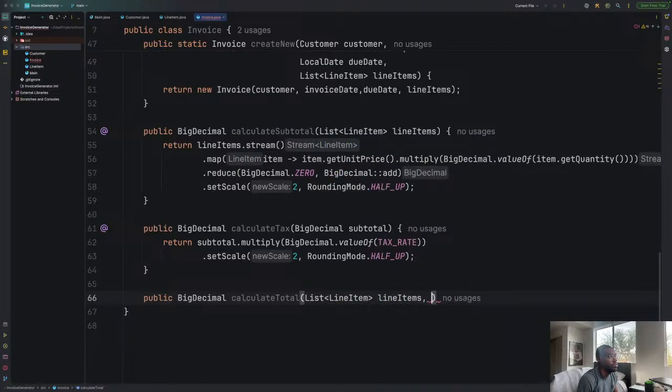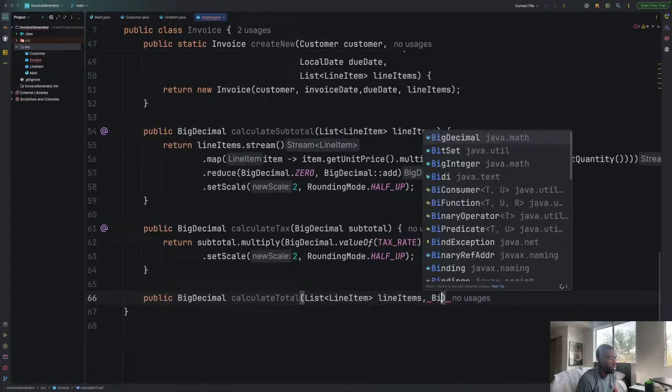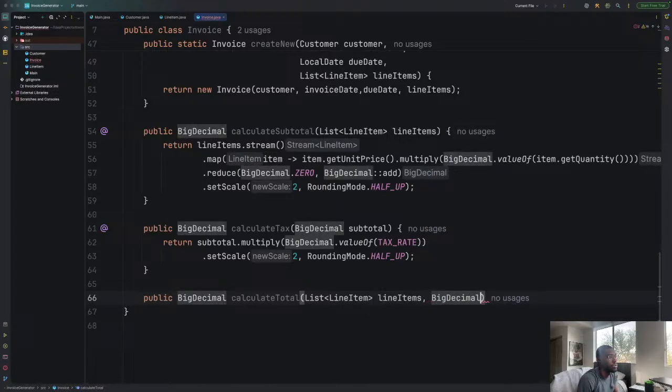Line items, BigDecimals, total. Yeah, subtotal. And then let's